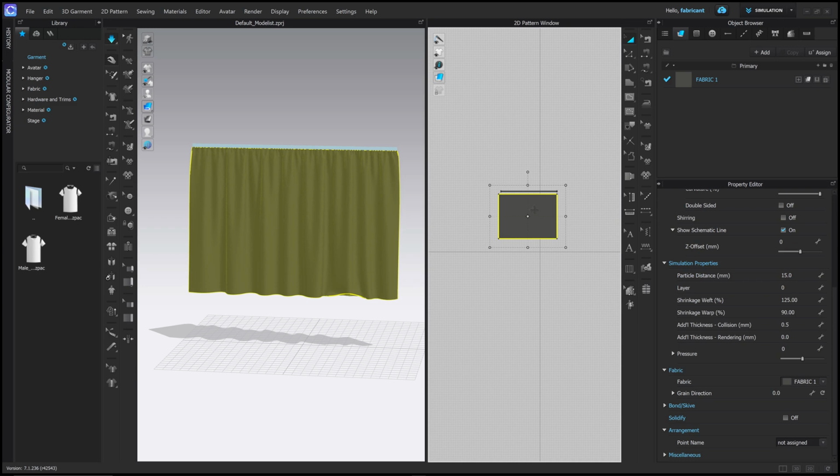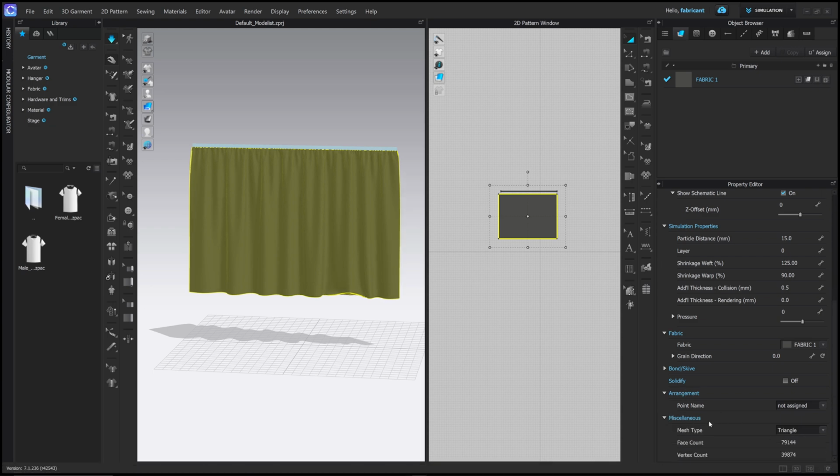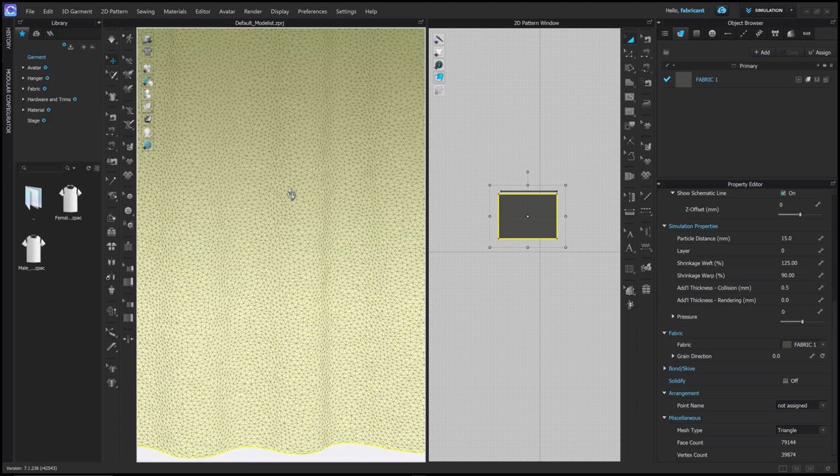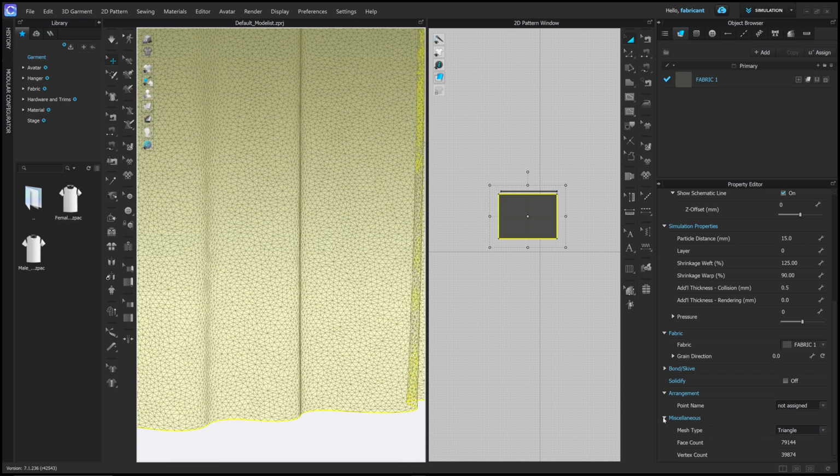If I go as well to select this piece of fabric and I go to the bottom, I have this section called miscellaneous right at the bottom, and this is by default set to triangle. So if I look in the view options again here at the mesh view, so clicking on the blue icon again, going to mesh view, and I zoom in, these are all set to triangles. If I go to this miscellaneous option, drop this menu open, go from triangle to quad, this fabric will now turn into squares instead of triangles. It'll take a minute for CLO to calculate this happening, and this can be useful depending on what you're